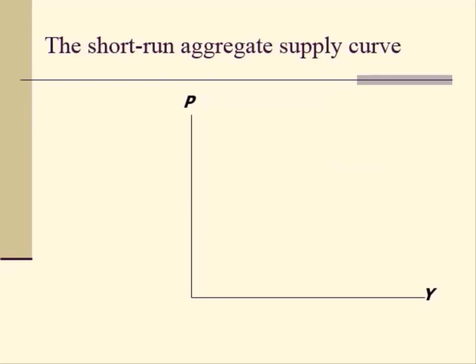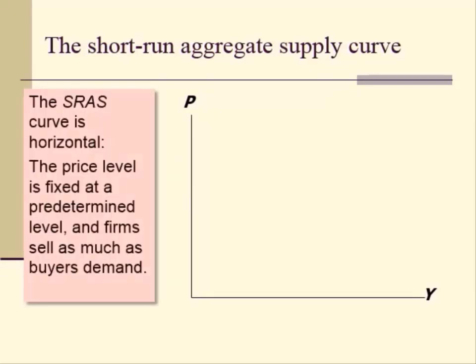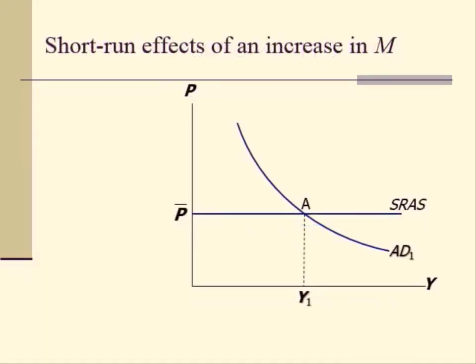And as we assume that prices are stuck in the short run, the short run aggregate supply curve is horizontal. That is, the price level is fixed at a predetermined level, and firms sell as much as buyers demand. Now let's see the short-run effects of an increase in money supply M. So in the short run, when the prices are sticky, that is fixed at P bar, implying a horizontal aggregate supply curve, an increase in M